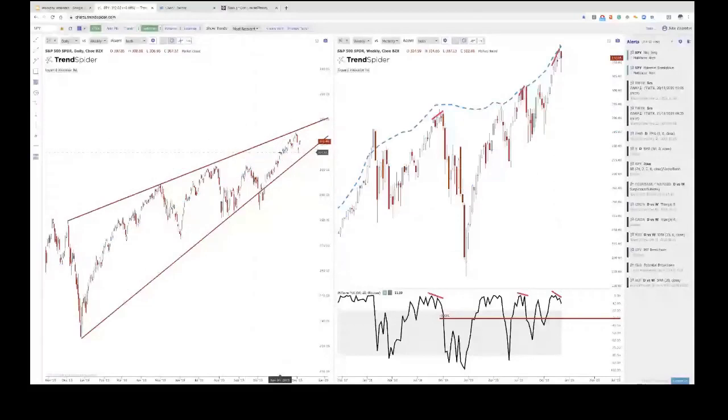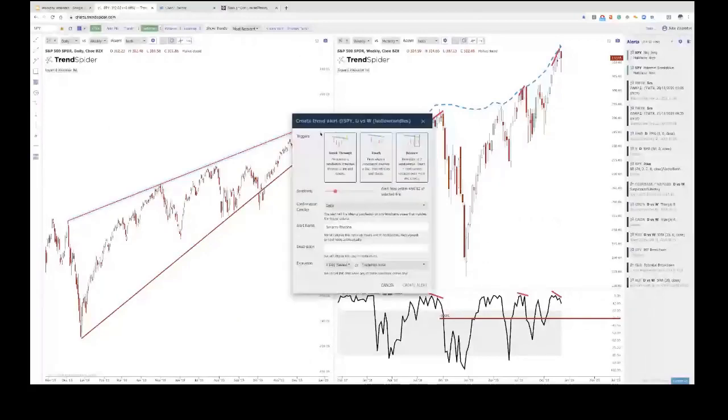For me, the next step to get ready for tomorrow would be setting an alert on each side of this wedge. If we break to the upside, that could mean we're going to break further up. Generally an ascending wedge can be bearish, so that would be a little surprising to me, but anything's possible in this market. Either way, I want to know when the status quo changes, whether the price breaks to the downside or the upside. So I can go here, right click, create an alert at